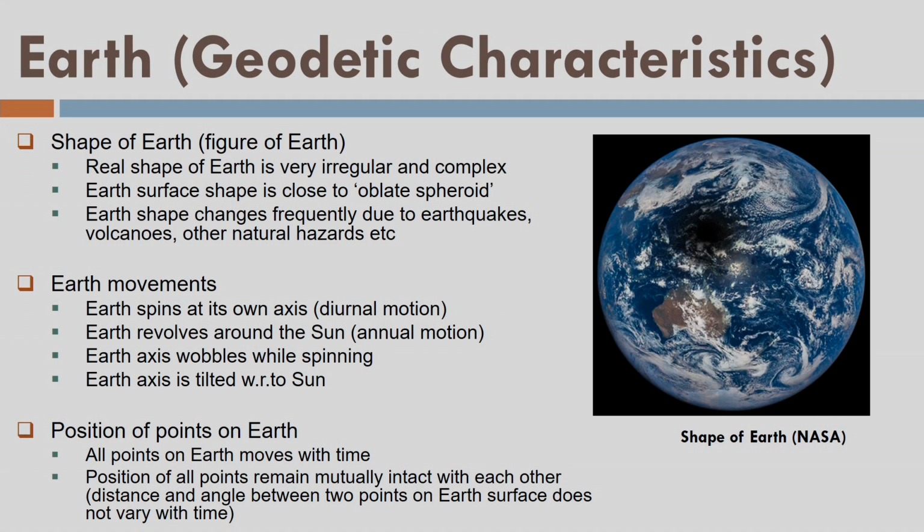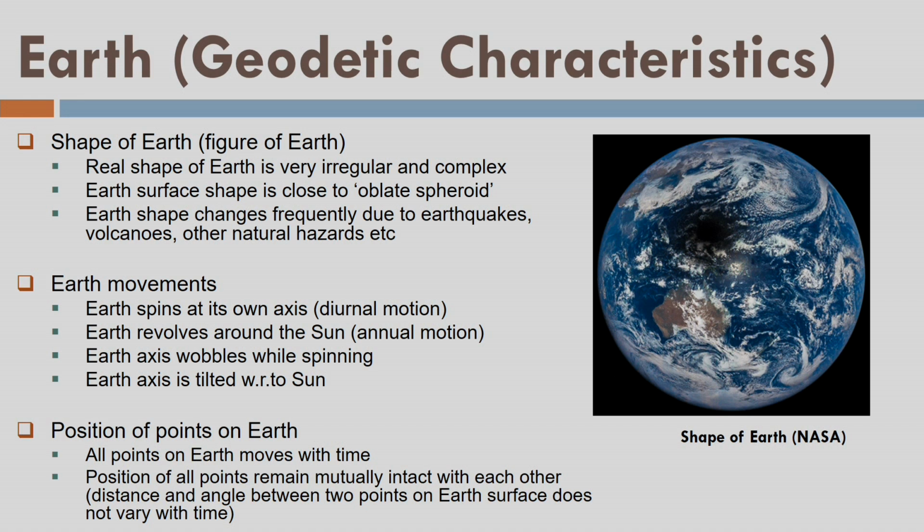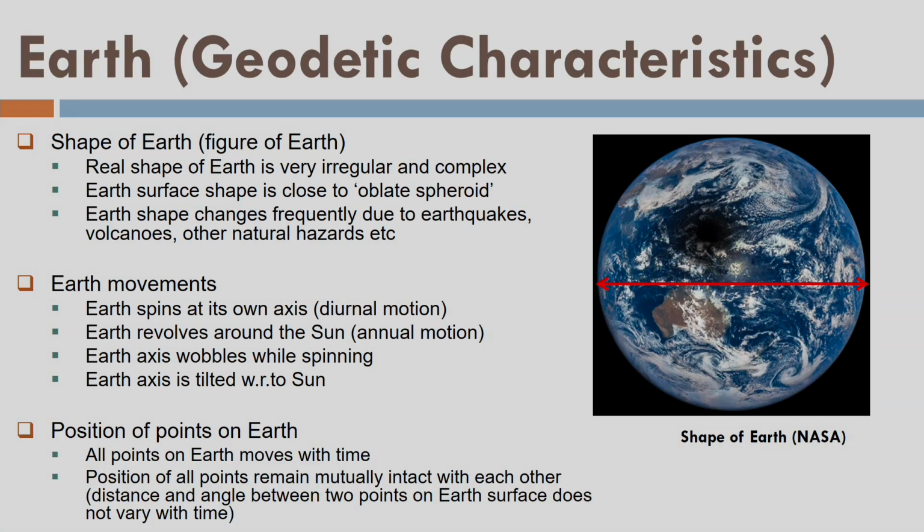So now let's look into the shape of the Earth. What are the Earth's characteristics? Because of that, we want to develop our strategy or methodology so that we can develop a 3D reference system in which we can measure our 3D coordinates simultaneously. This is the surface of the Earth as visible from the satellites. And now if we say that the real shape of the Earth is very irregular and complex, as we can see here, there are some seas, some lands, some hills, some big mountains, and so on. Well, if you see that the Earth's surface is close to the oblate spheroid, what does it mean?